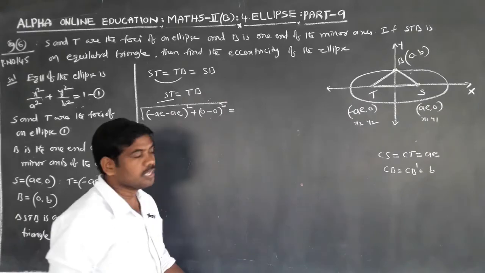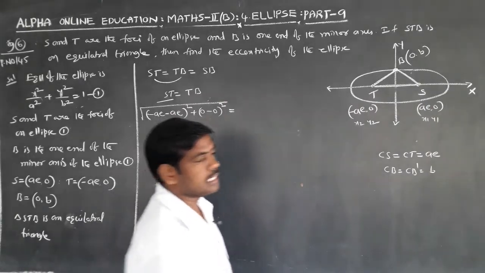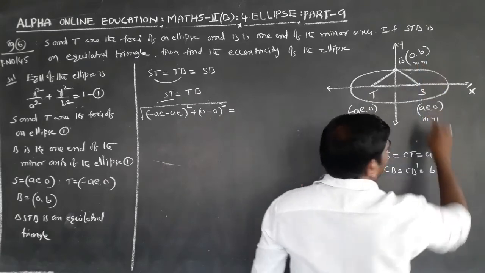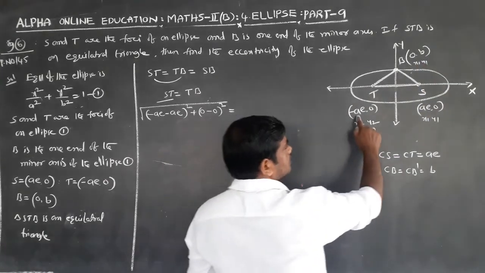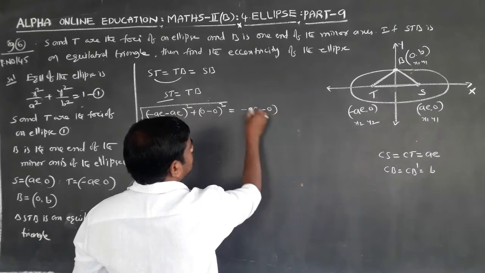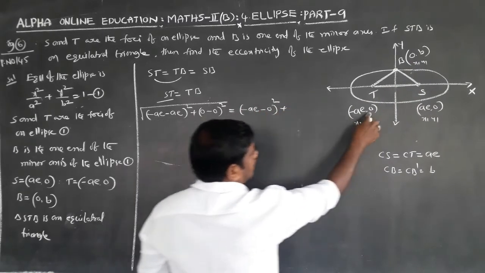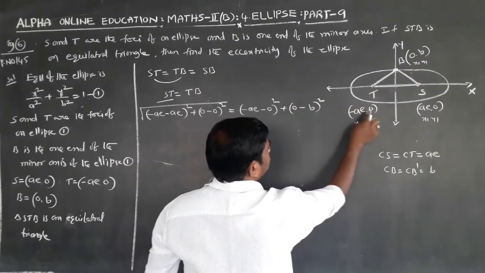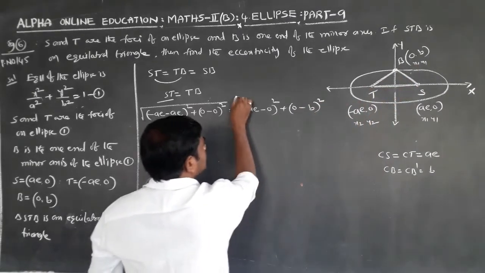Again find TB. T is the point (x2, y2), B the point (x1, y1): (x2 minus x1) whole square, minus AE minus 0 whole square, plus (y2 minus y1) whole square, 0 minus B